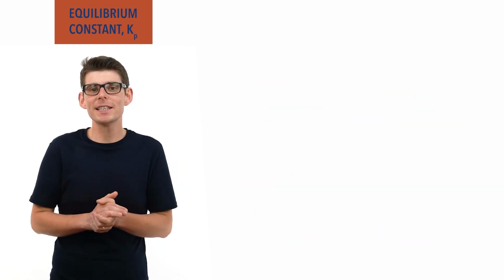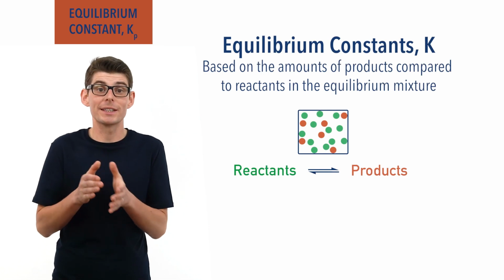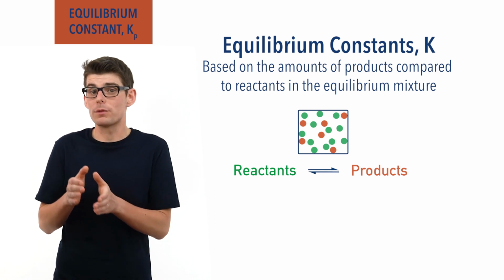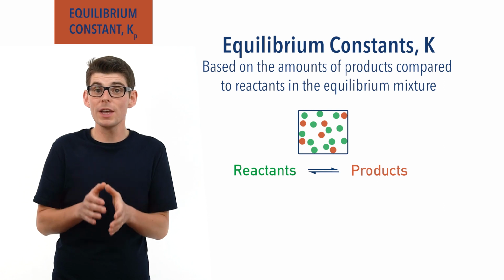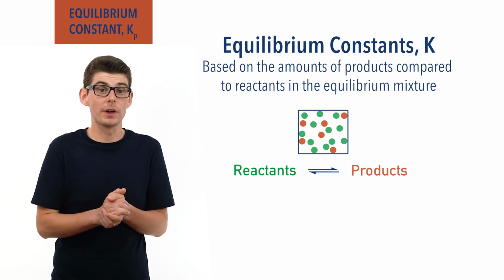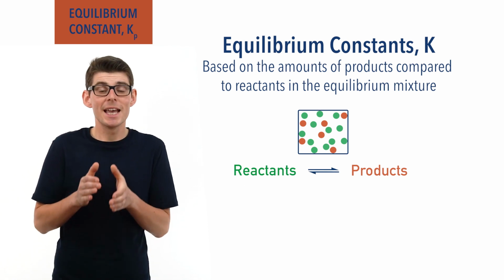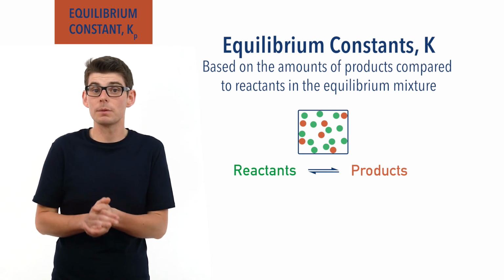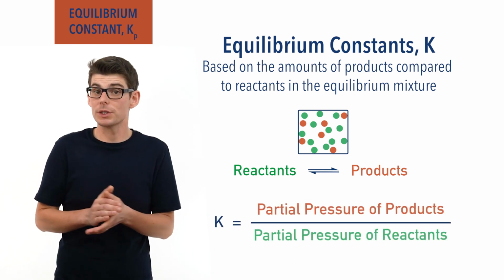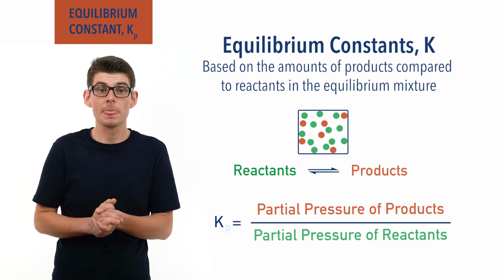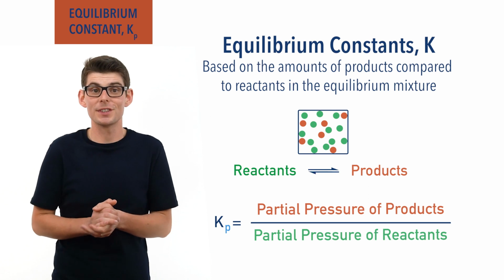Well, for calculating equilibrium constants, it is the ratio of product to reactants that is relevant. Based on what we've just said, the partial pressures of gases in a system are based on the ratio of moles of each gas to one another, their mole fractions. This means we can actually calculate an equilibrium constant for gas systems using the partial pressures of the gases present. The constant calculated is called Kp. The little p refers to pressure and the K the fact it's an equilibrium constant.